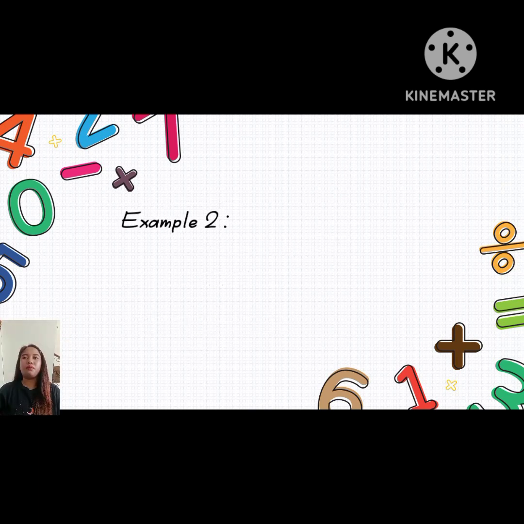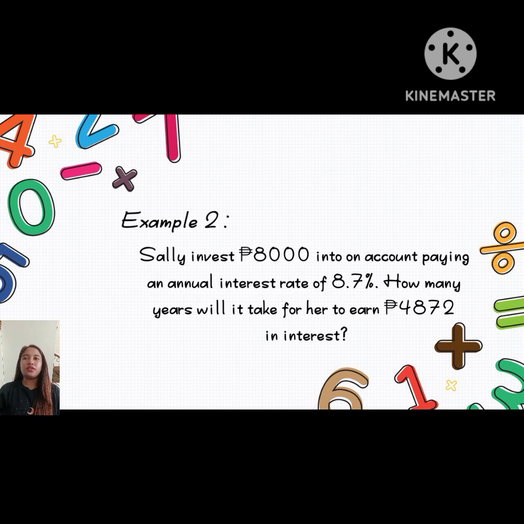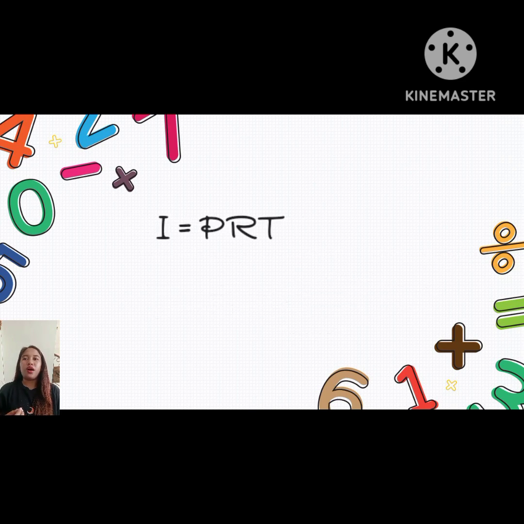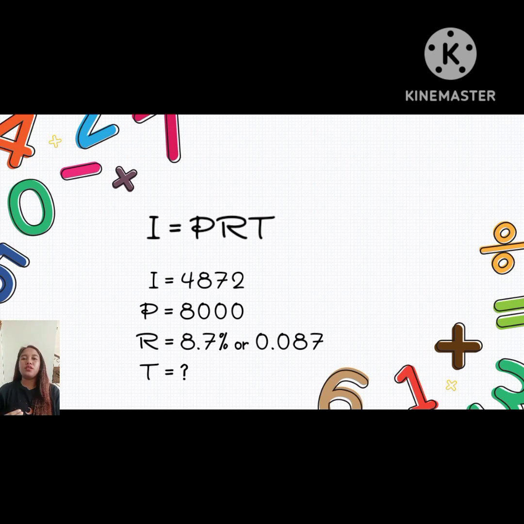Let's have example number 2. Sally invests 8,000 pesos into an account paying an annual interest rate of 8.7%. How many years will it take for her to earn 4,872 pesos in interest? Using our formula, I = PRT. Since we are given the interest, which is 4,872 pesos, the principal value is 8,000 pesos, and the interest rate is